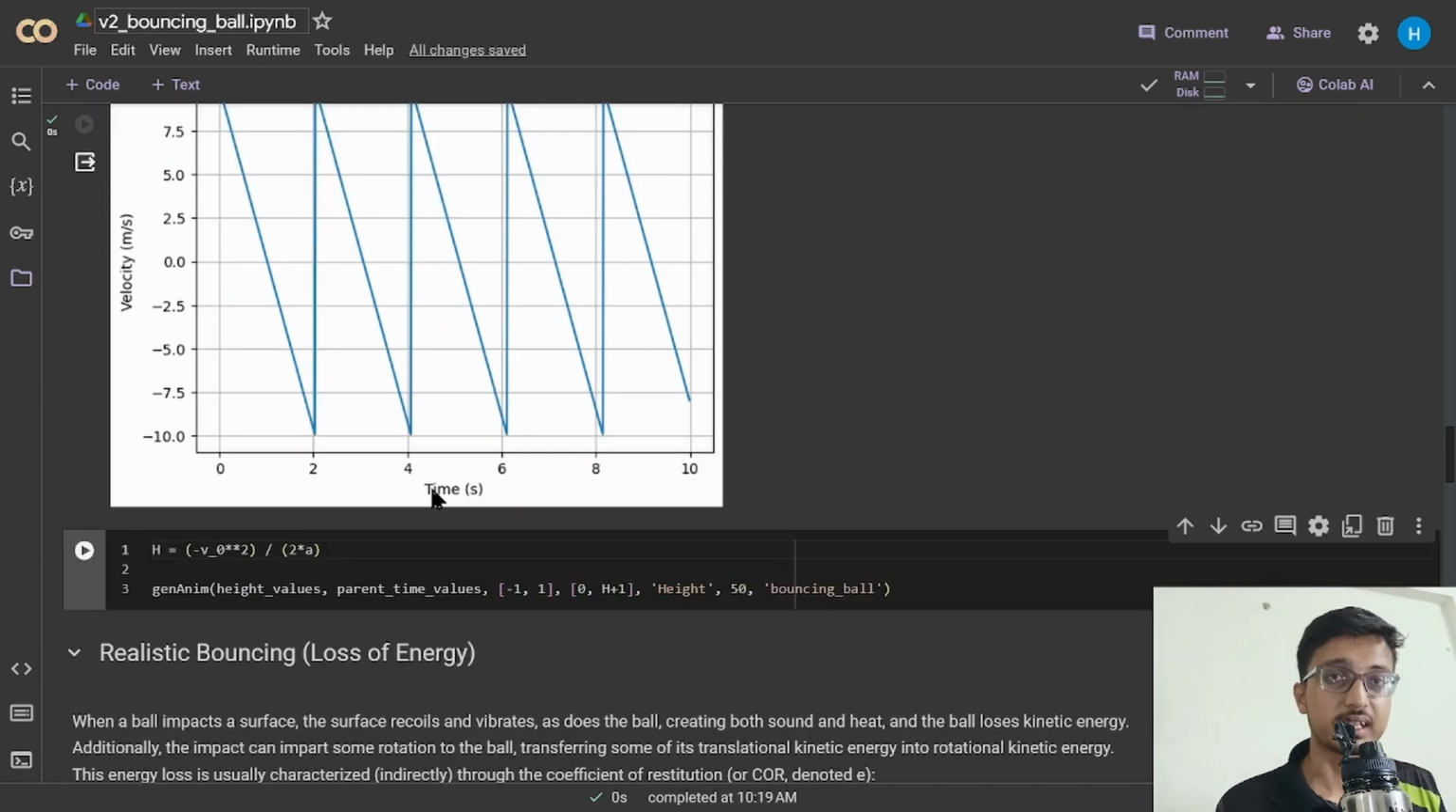So let's animate this, and again we are defining the maximum height that the ball will reach for the y-axis limits, and running this,